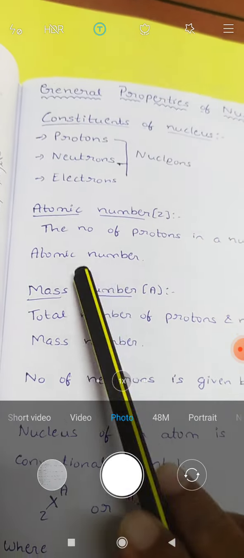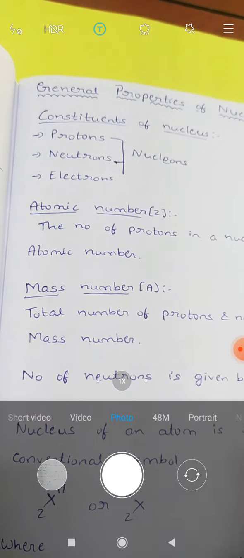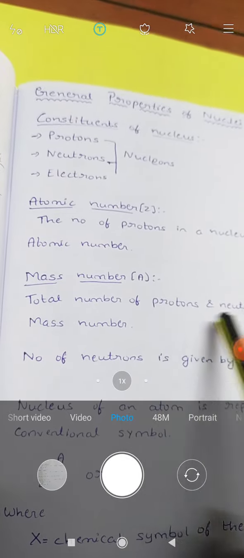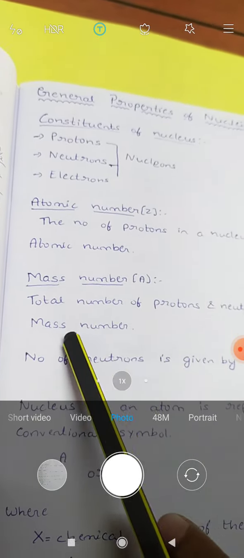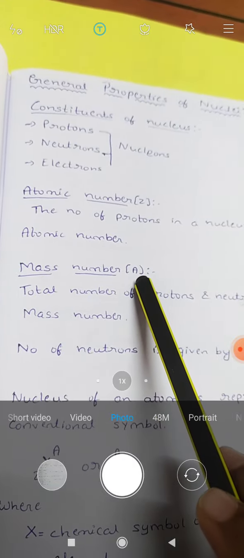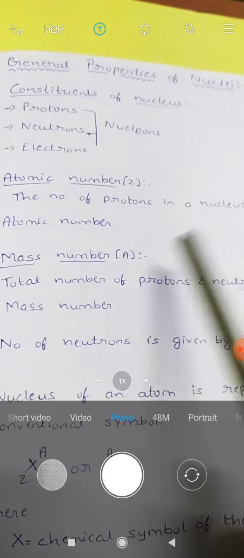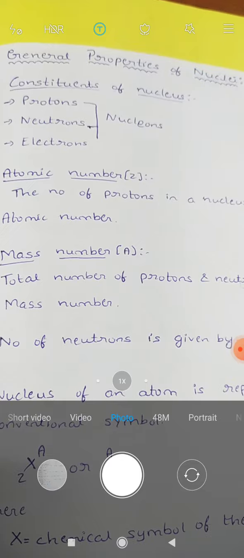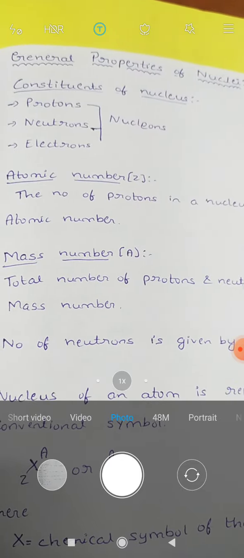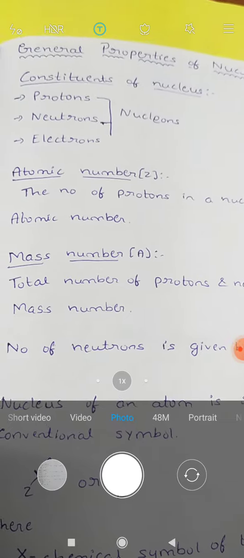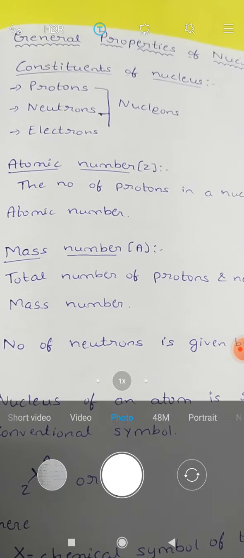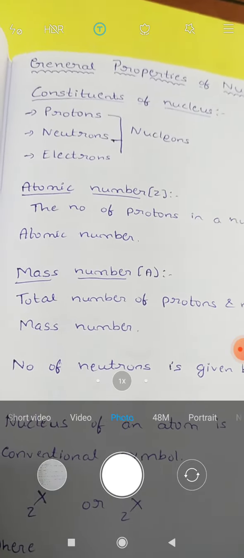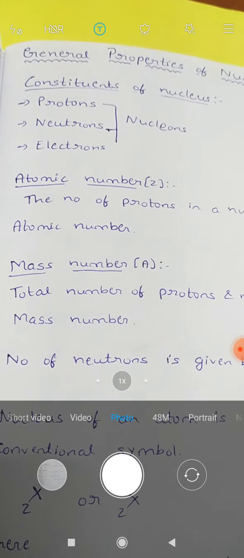Here the number of protons in the nucleus is called the atomic number. At the same time, the total number of protons and neutrons is called the mass number, which is indicated by the capital letter A. Also, the nucleus is made up of the proton and neutron, which are called nucleons. The proton carries a positive charge e, while the neutron is electrically neutral but slightly more massive compared to the proton.